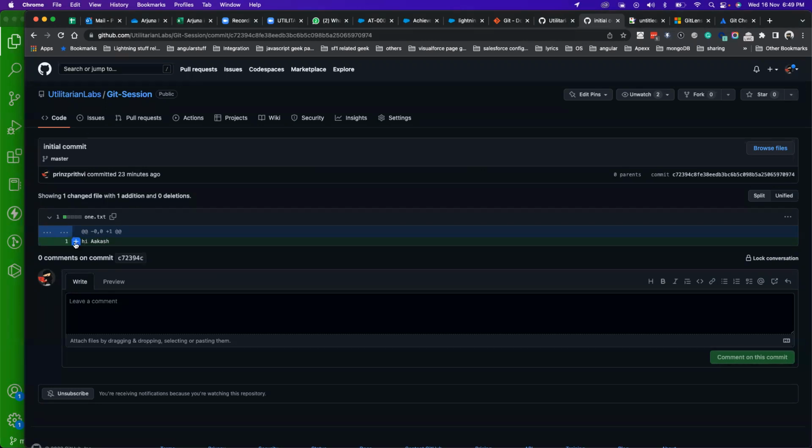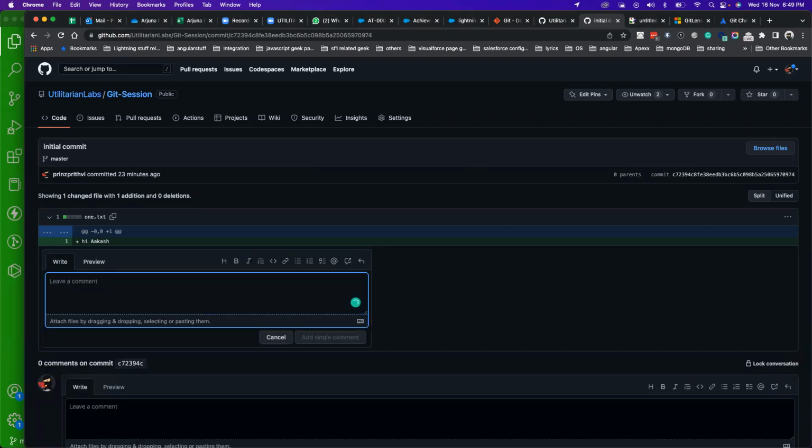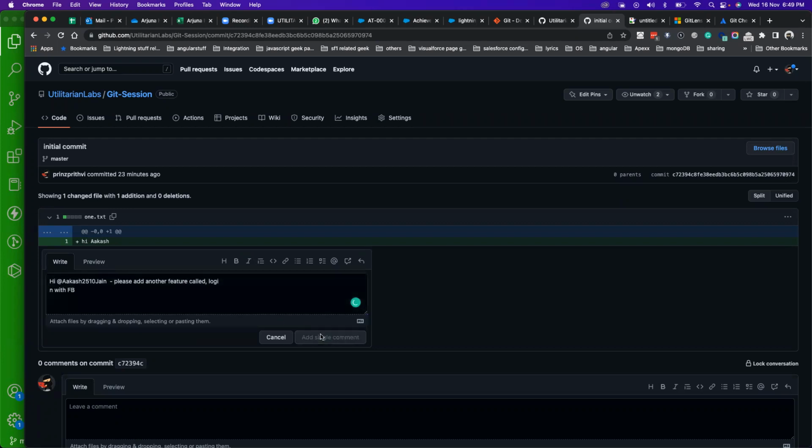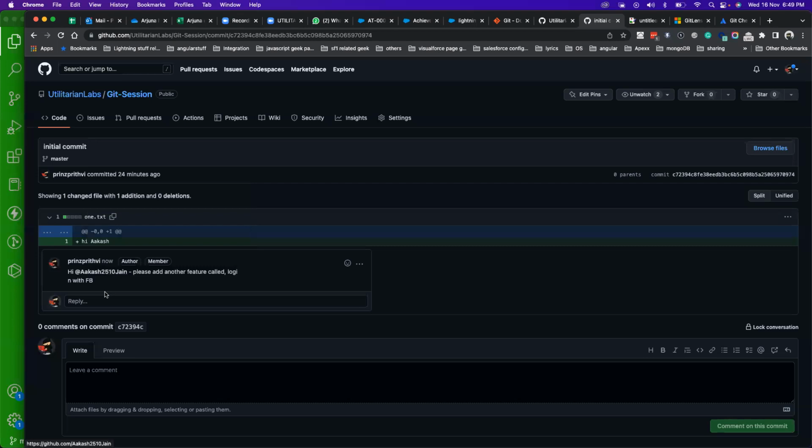I can add a comment. I can say here, hi Akash, I am doing it in the company repository. No, I'm able to pull Akash here. Hi Akash, please add another feature called login with FB. So when I do this, we can easily collaborate in Git, but we are not doing it